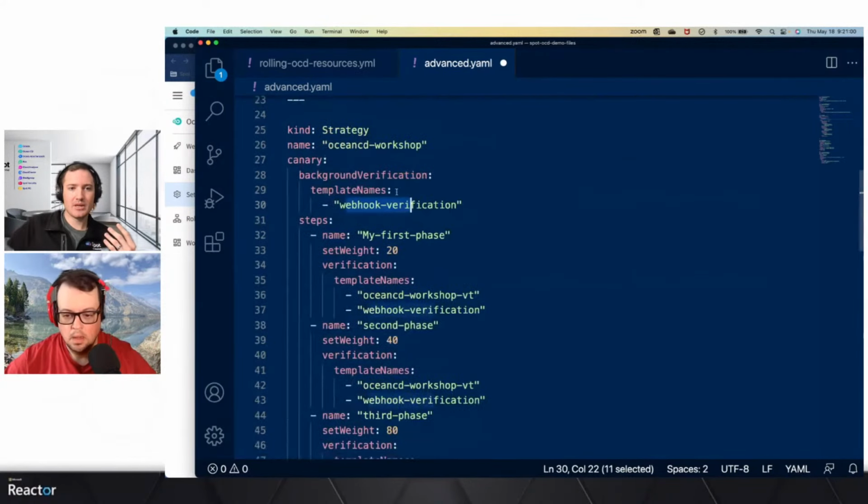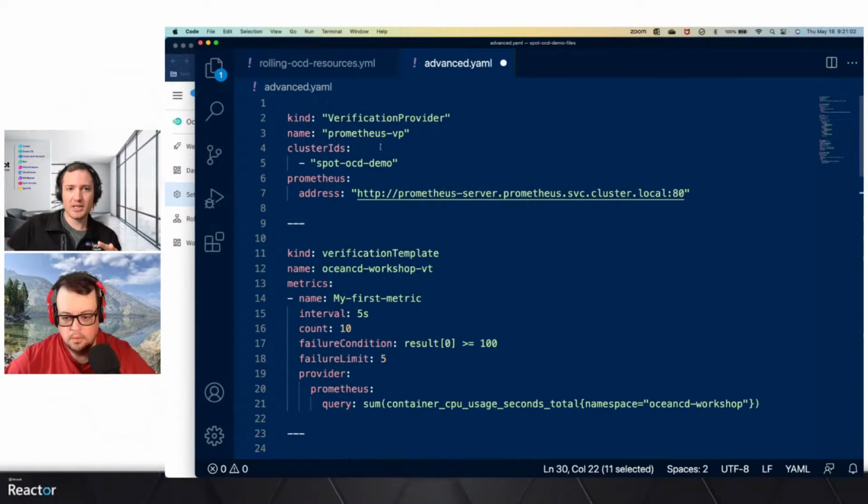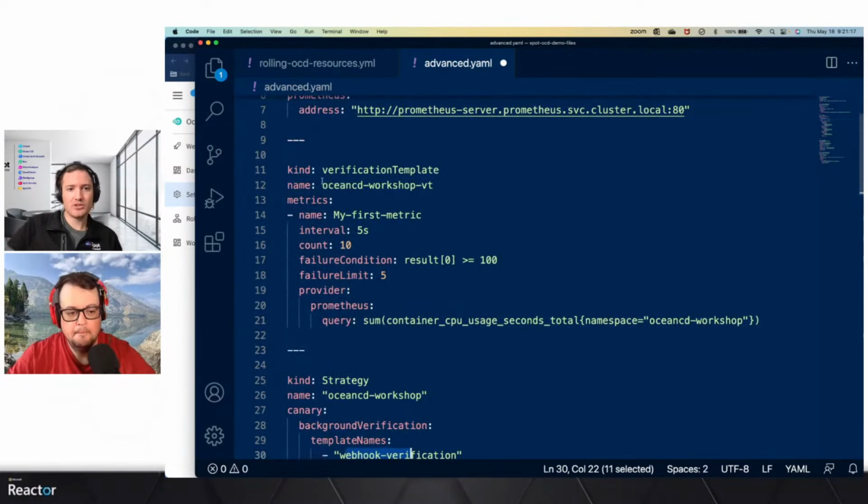So if I'm using something like Prometheus, I'm going to set up Prometheus with the Prometheus server, and I'm going to say this is the local DNS name for the Prometheus server, so I can actually go out and do my queries against it. And then I'll define what the actual queries are as it relates to Prometheus.